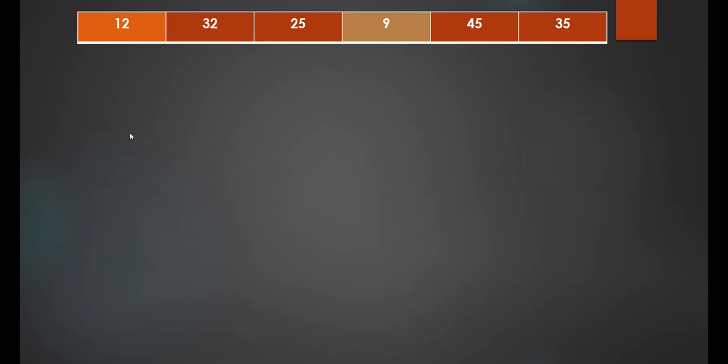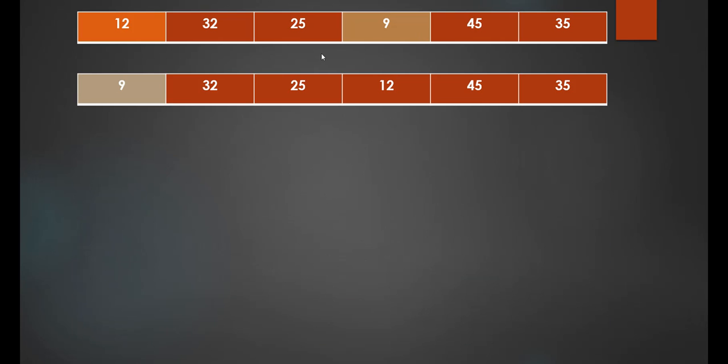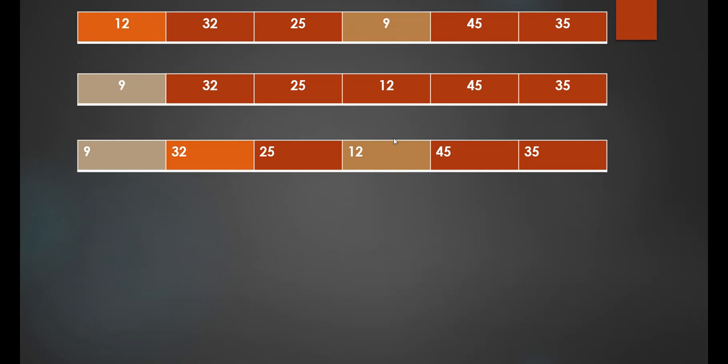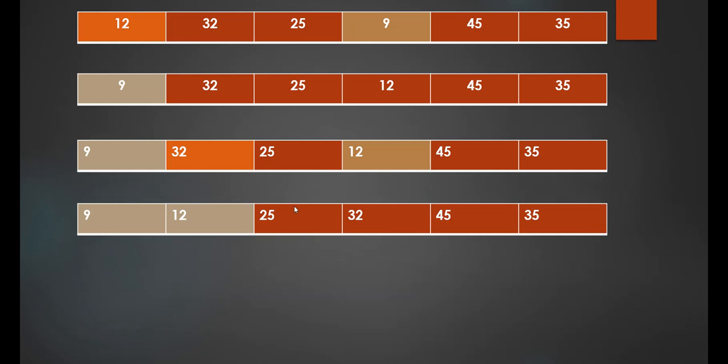And if we find a minimum element, we are going to replace it with the existing minimum element. So let's start. As per the algorithm, we will mark this 12 as the minimum element and traverse the unsorted list against this 12. And here we will find 9 is the lowest value. So we are going to replace 12 and 9. For now we have 9 in our sorted sublist. In the next iteration we will traverse the unsorted list against 32 and we will find 12 is the minimum value. So we need to replace these two values. After replacing, we will get 9 and 12 in our sorted sublist.